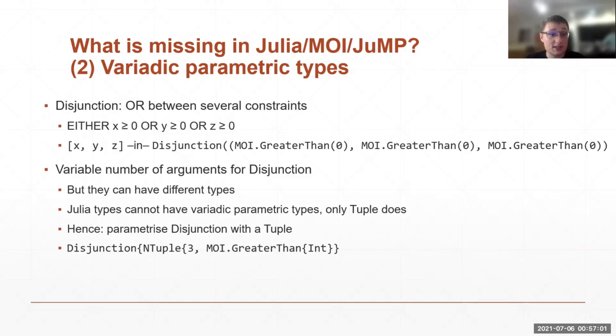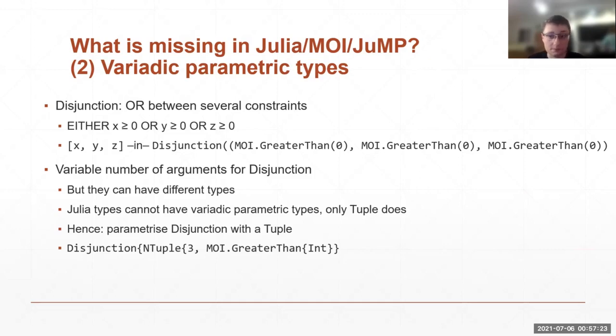The problem in this case is that you have a lot of variety that's possible in the number of sets and in the types of the sets. So that's why you need variadic parametric types, and that's only possible in Julia with tuples. So I have to parameterize the disjunction with a tuple of types, and that gives, for example, this disjunction with